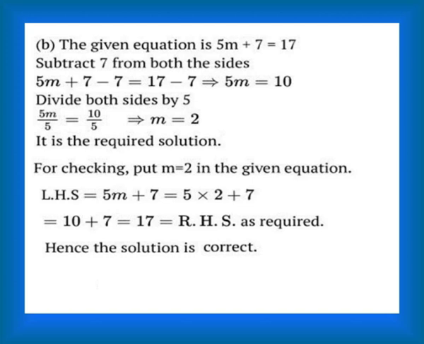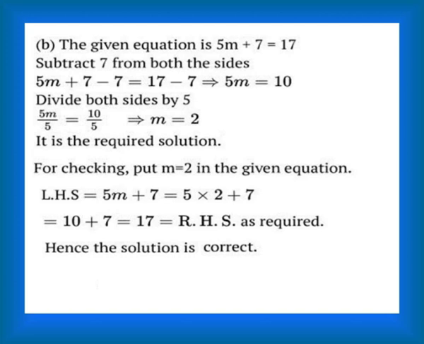Now our LHS is 5m plus 7 minus 7. In that, plus 7 and minus 7 get cancelled and it becomes 5m. Next, our RHS, that is 17 minus 7, which is equal to 10. Therefore, 5m is equal to 10. Since we did not separate the variable and constant properly, we have to do some more steps. Consider our LHS, that is 5m. We have to separate the variable and constant, so we are dividing both sides by 5.